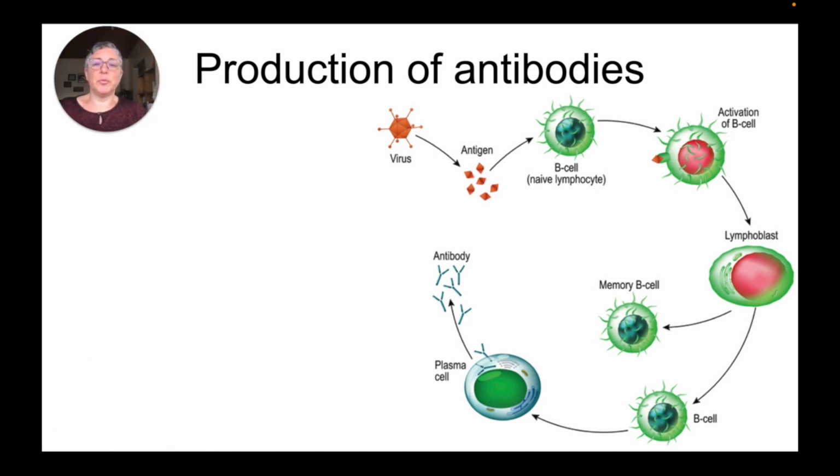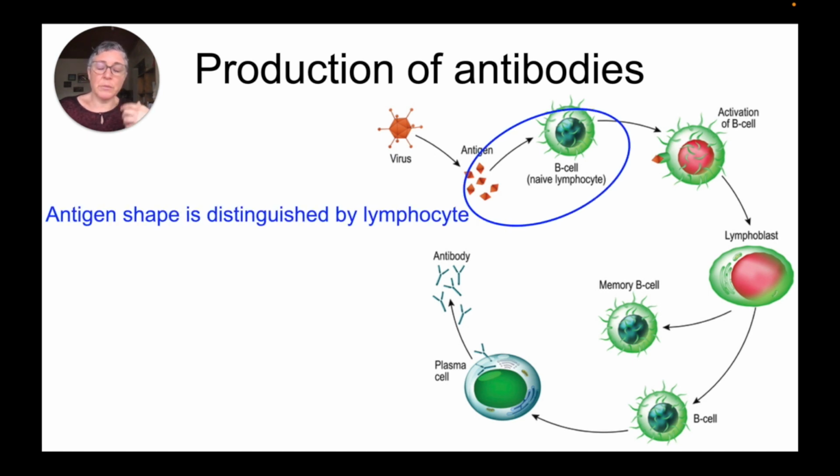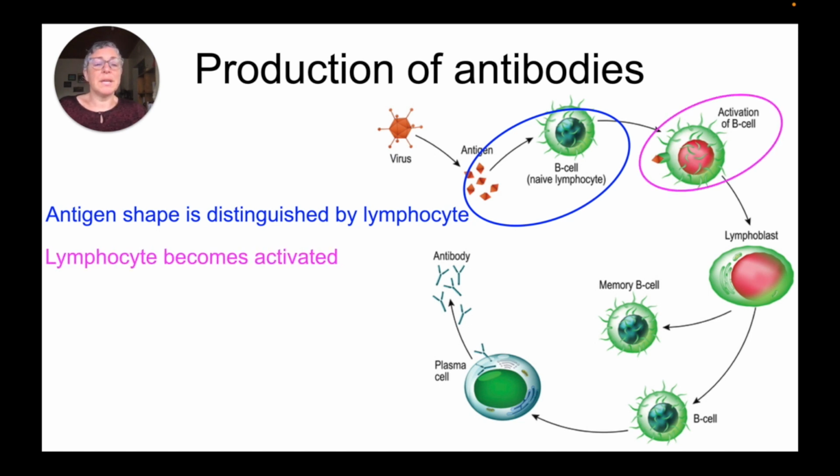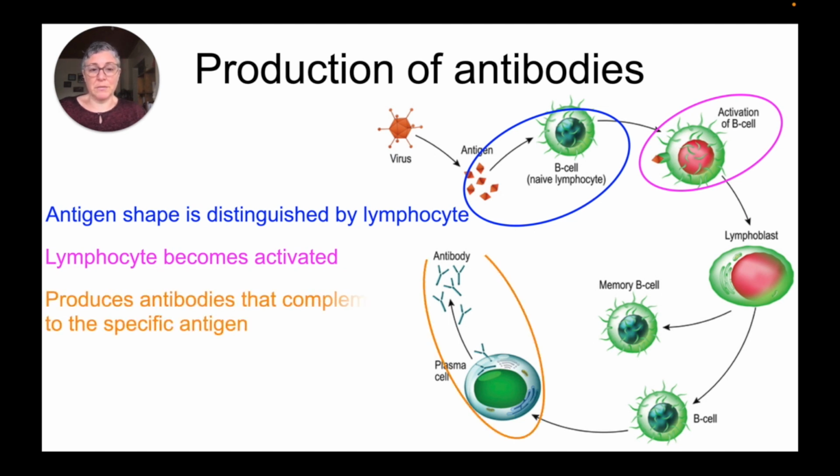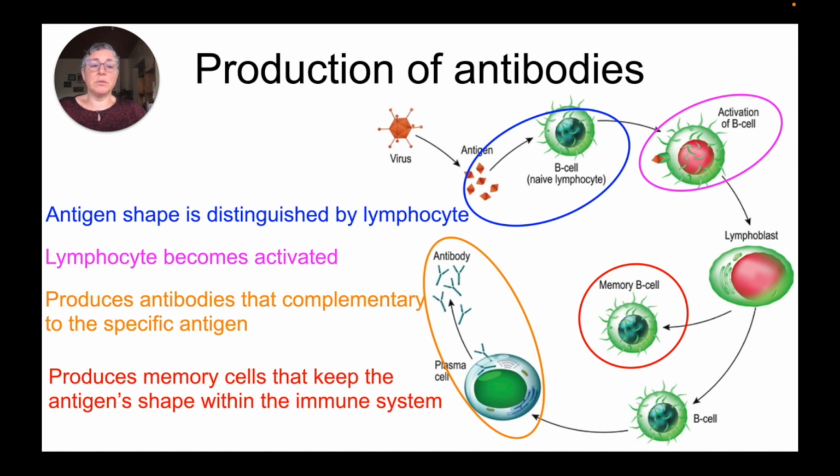Now, you don't have to memorize this diagram, but it's just good to know the process. So the first thing that's going to happen is that the antigen shape, which is on whatever pathogen, is going to be distinguished by the lymphocyte. The lymphocyte is then going to become activated, and it's going to do two things when it becomes activated. One, it's going to produce antibodies that are complementary to that specific antigen at the antigen binding sites of those antibodies. And then it's also going to produce a memory cell that's going to keep the antigen shape within the